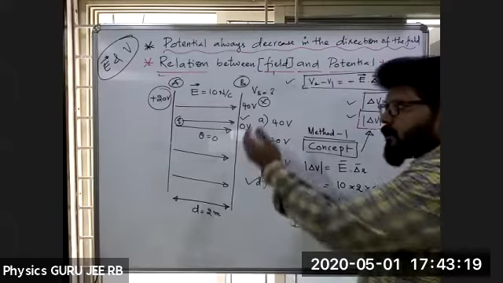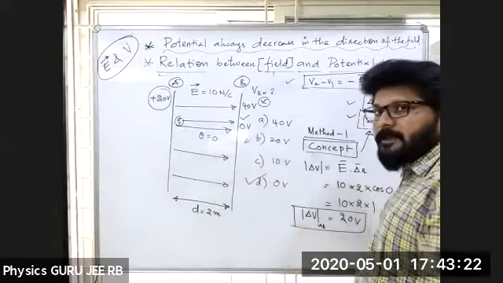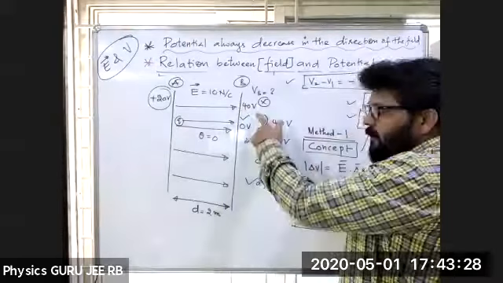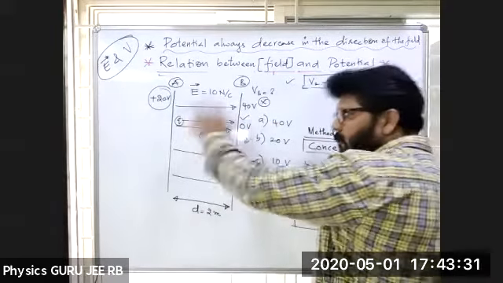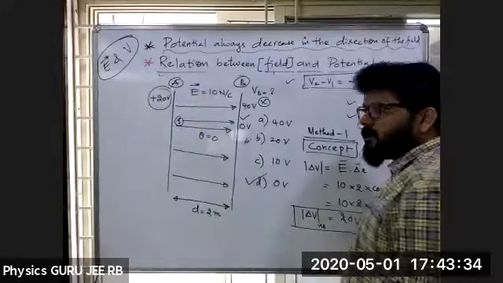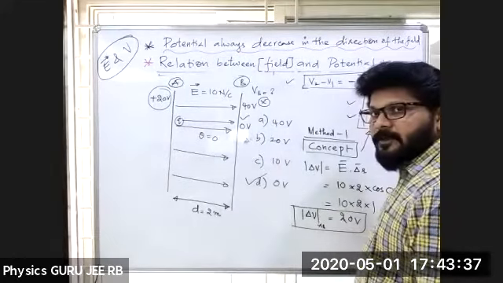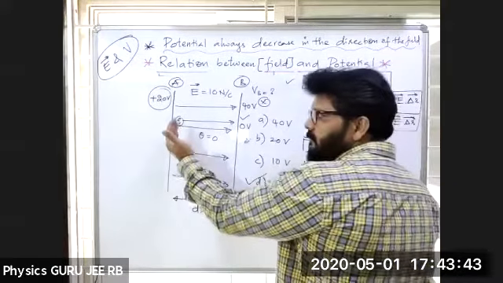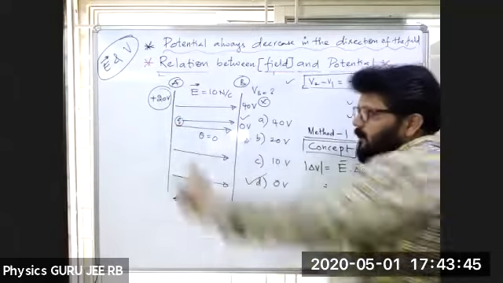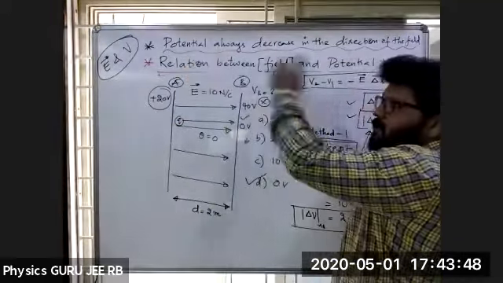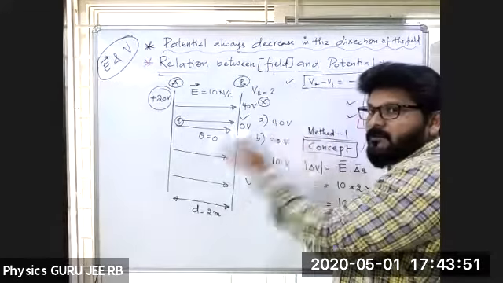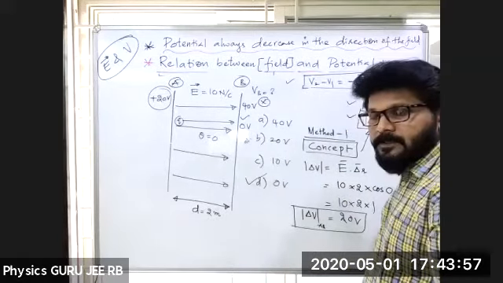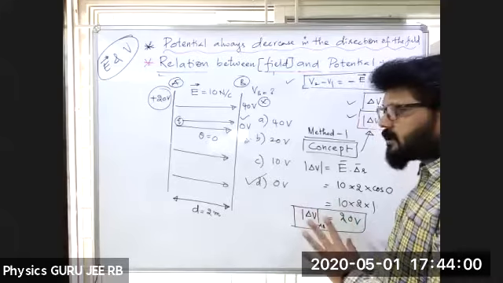So what I want is the potential on plate B. How do we calculate it now? See, either two possibilities will be there: 40 volts or 0 volts, to get a potential difference of 20. 40 minus 20 is 20, or 20 minus 0 is 20. So now we check it out. The charged particle we are bringing from A towards B is in the direction of the electric field. We already showed that in the direction of the electric field, potential always should decrease. Decrease means only this possibility will be there, right? This is method one.